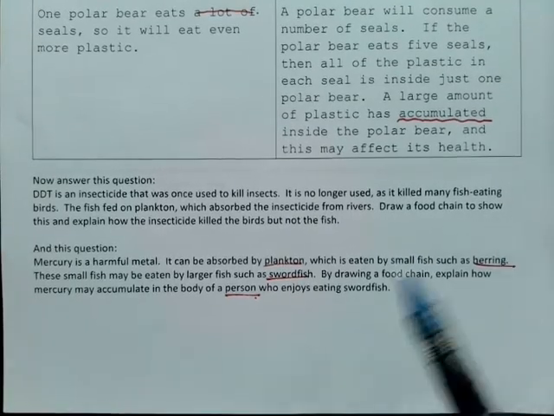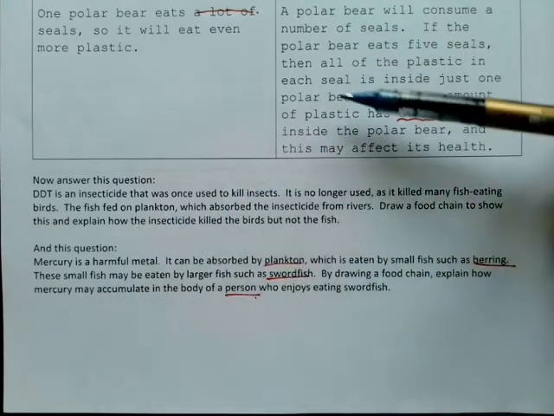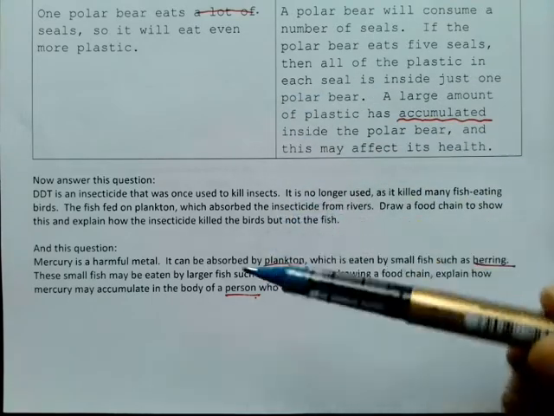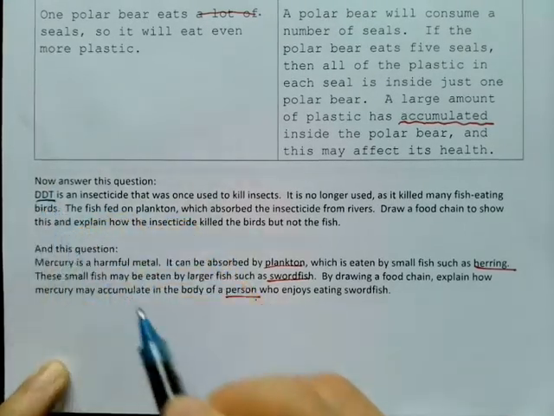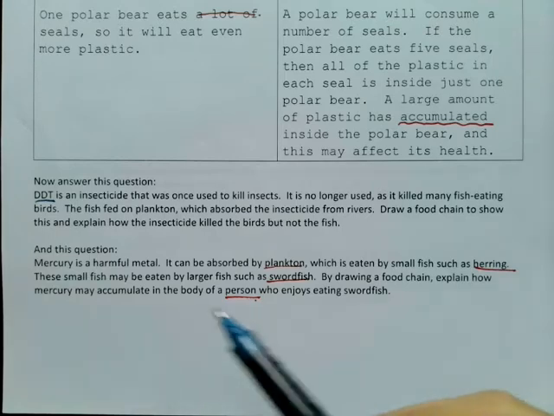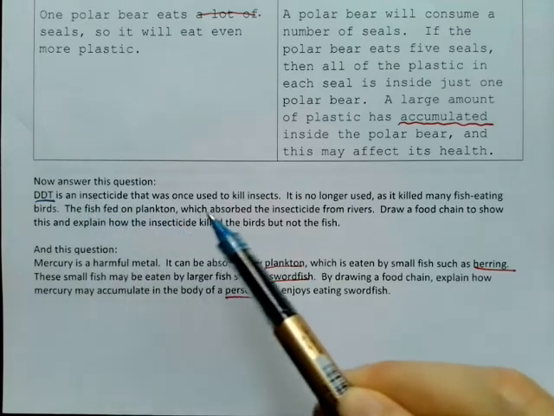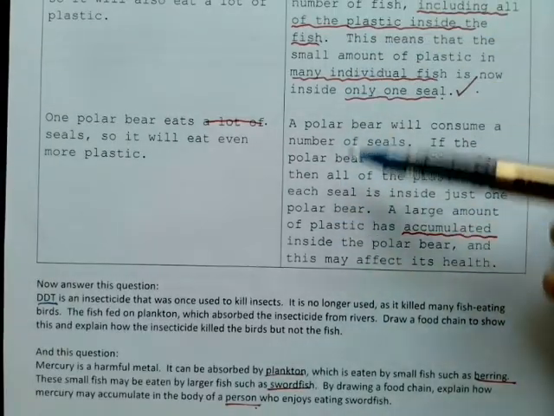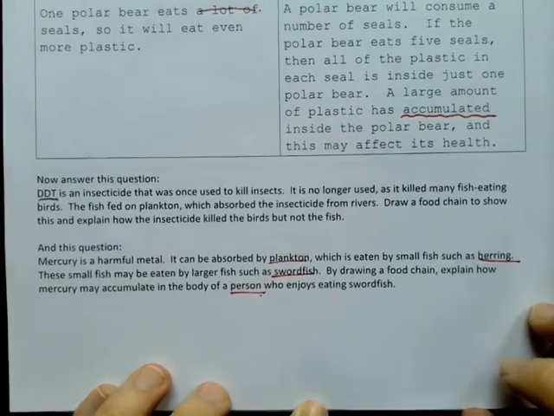A few things that you need to be aware of: quite a few of you were still thinking about the example a little bit too much when you were writing your answers. This question is about DDT, which is an insecticide, a chemical that kills insects on plants. But a lot of your answers mentioned DDT or insecticide, and then after a while started talking about microplastics, because you were going back to the model response that I'd given you.